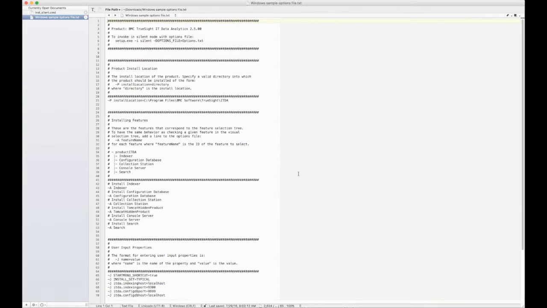Okay, in this file, you can see a lot of parameters and options for setting things like the installation folder, the components of IT Data Analytics that you want to install, as well as several options for the behavior of those components. One specific parameter that I want to draw your attention to is the station instance name. You will need to specify the local machine name of the server you're installing on if you're installing the collection